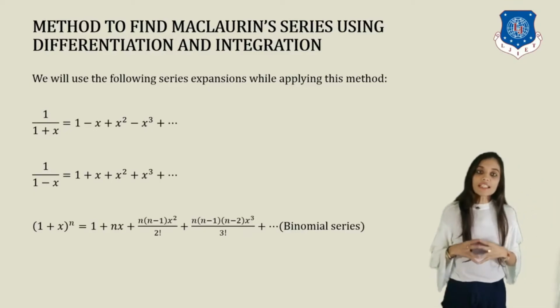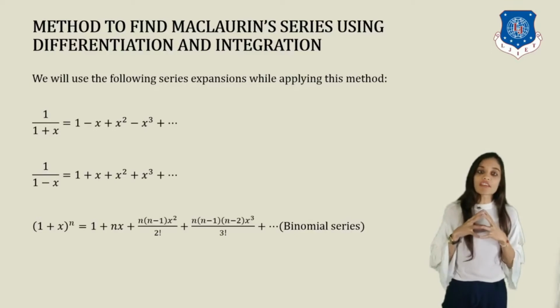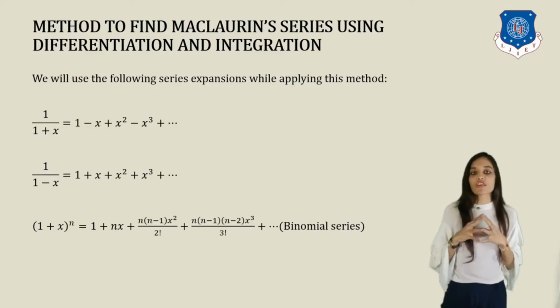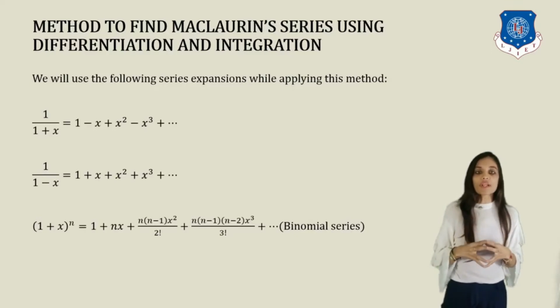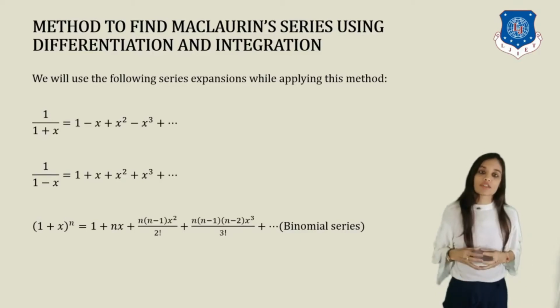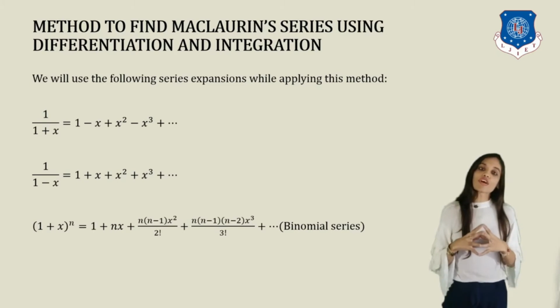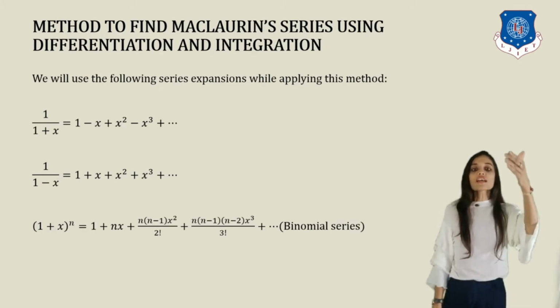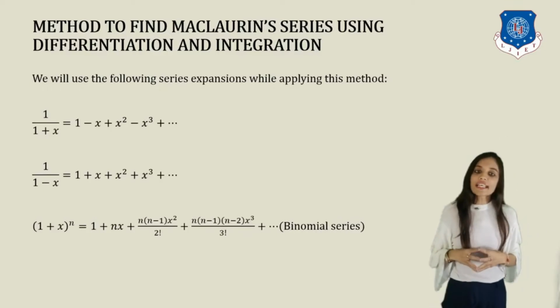So basically in this, firstly we will write our function f of x, then do its one derivative only, that is f dash of x. So this is a much simpler method than finding the Maclaurin series by finding many derivatives. Firstly in this you have to find only one derivative, then use any of the three formulas and then integrate on both the sides and you will get our required Maclaurin series.